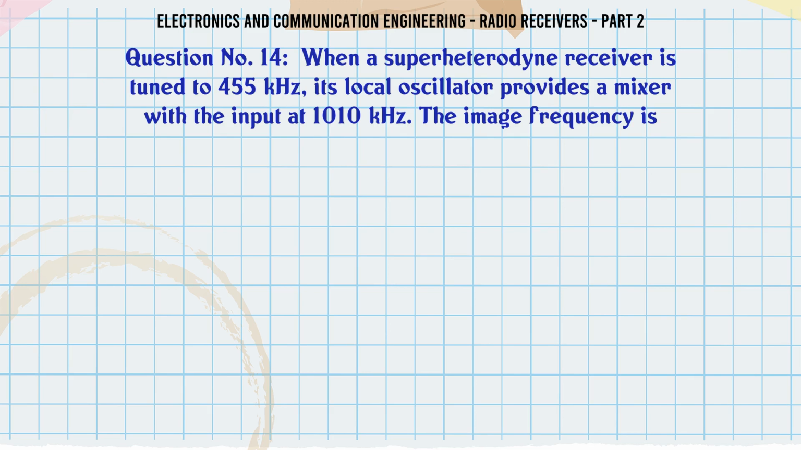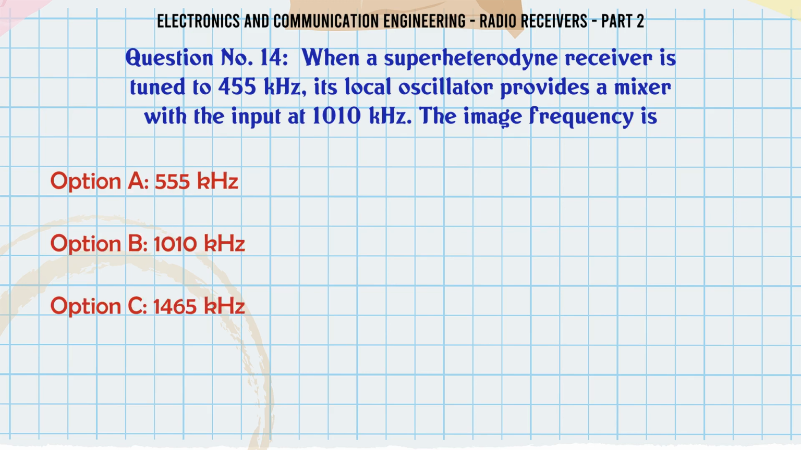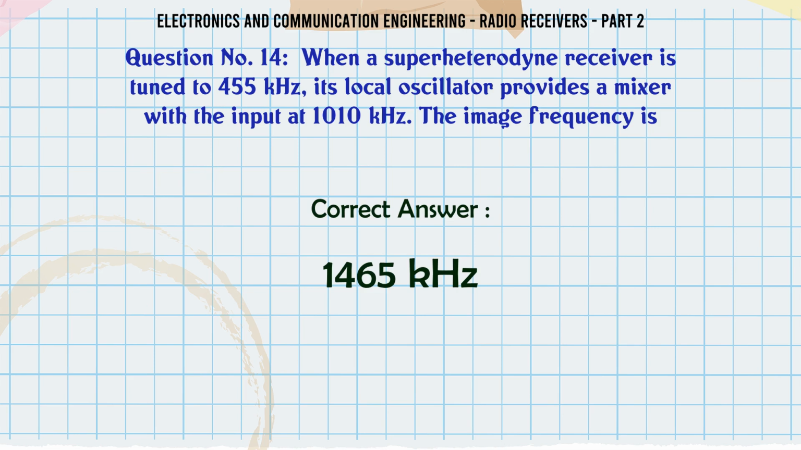When a superheterodyne receiver is tuned to 455 kHz, its local oscillator provides the mixer with the input at 1010 kHz. The image frequency is: A. 555 kHz. B. 1010 kHz. C. 1465 kHz. D. 1920 kHz. The correct answer is